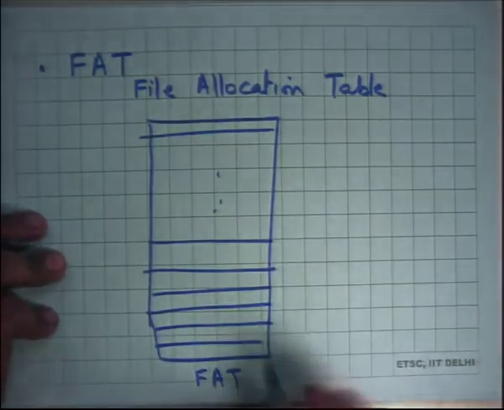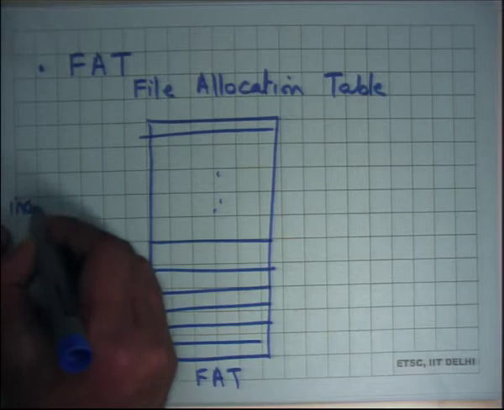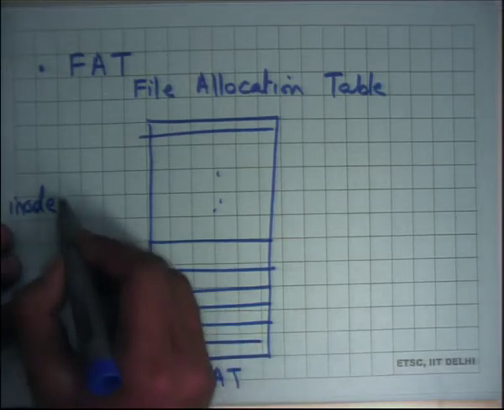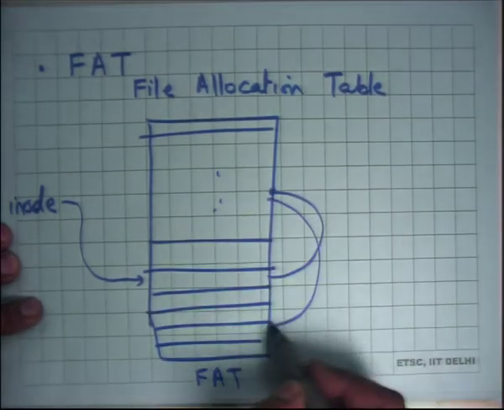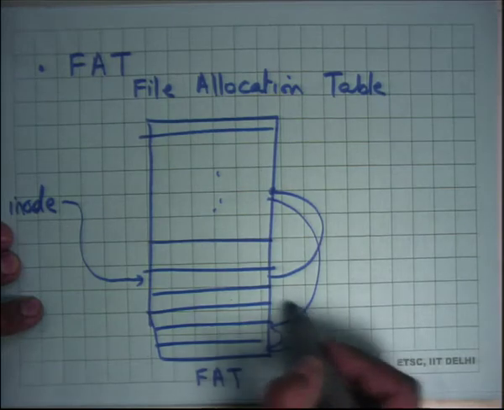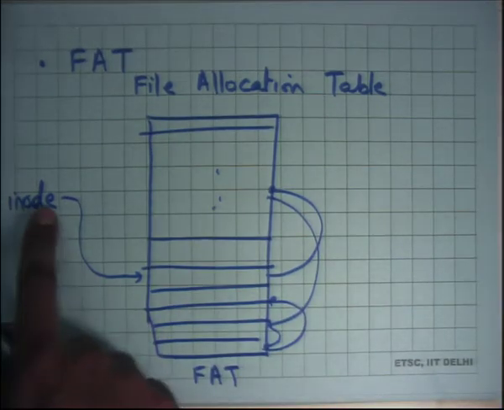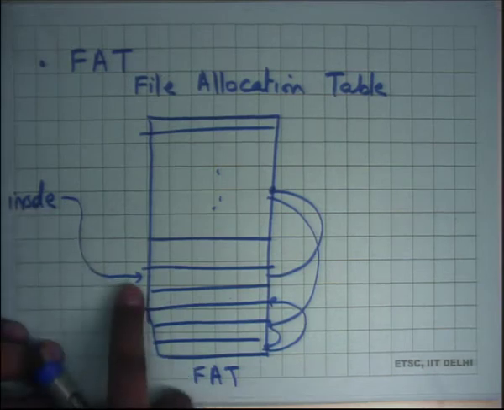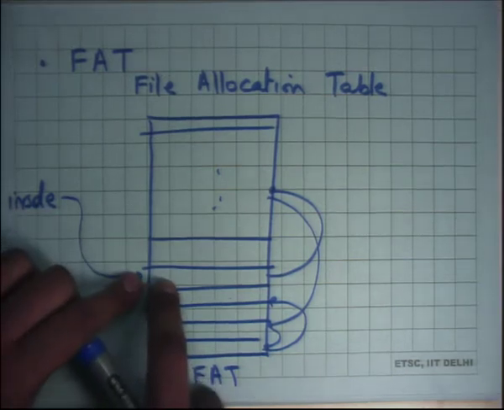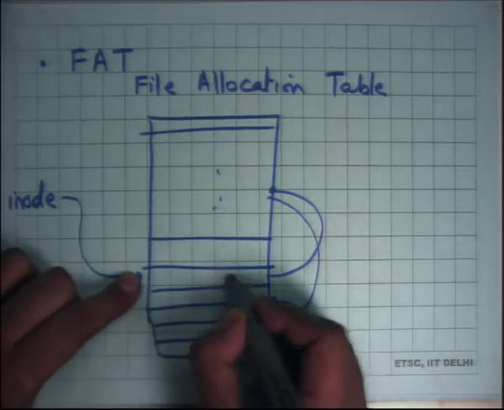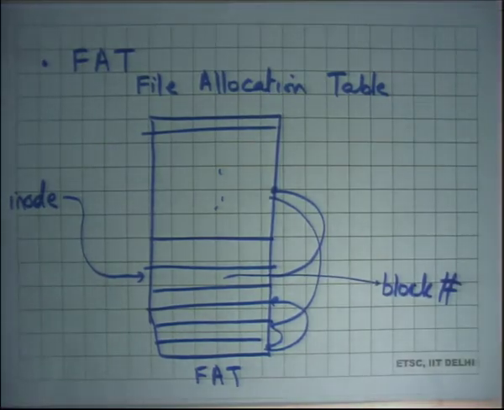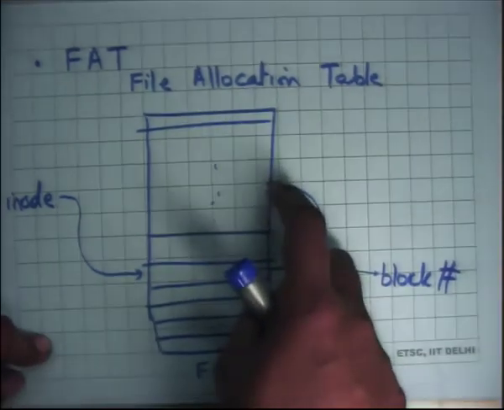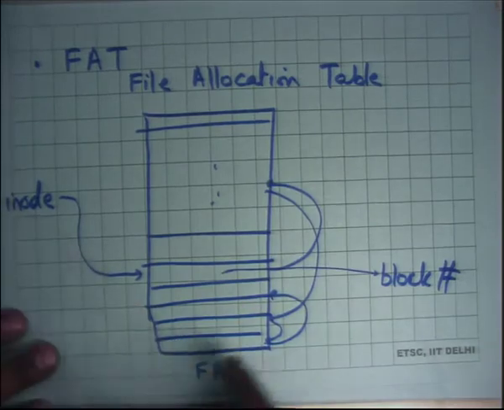And now the inode points to the head pointer, which points somewhere here, and within this file you have pointers like these, right? So a file basically points to some entry here, and that entry contains the block ID, or block number, of the first block of the file on the disk, and so you can read that block. If you want to get to the second block, you chase the pointer from here. So let's say if you wanted to get to the nth block, you need to do pointer chasing